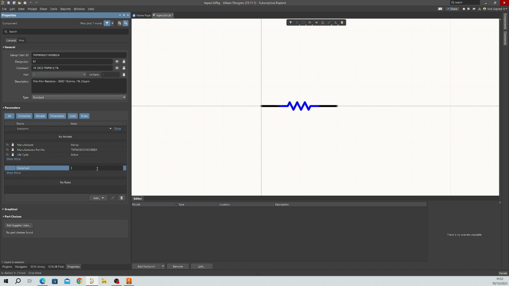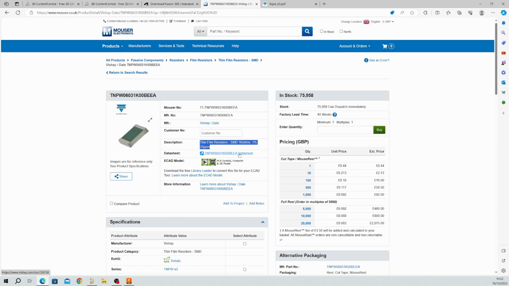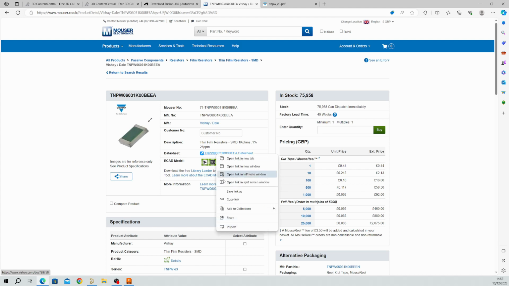So this field here could point to your database, so your local copy, your historic copy, or it could point to a version online. So it could be anything, but this is a manual datasheet variable, which I would encourage you to use, because then you get control of whatever datasheet you're actually using as part of this, and I'll show you how to easily add this now. So if you just want to do it straight off the website, you can just right click and do copy link,